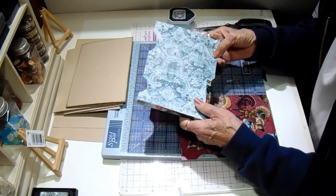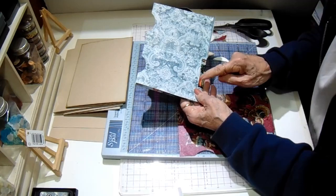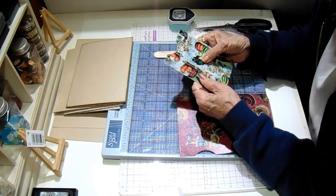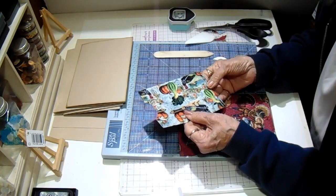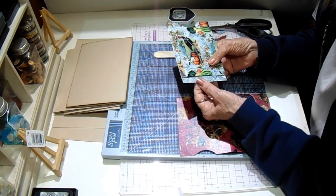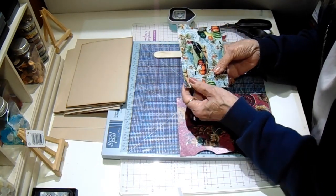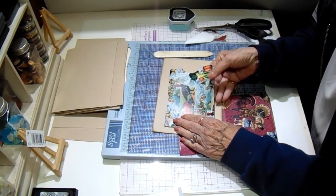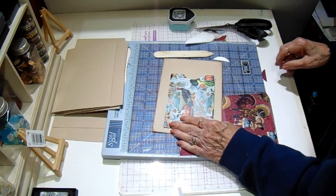Now when you close it up, you're going to have one on the inside and one on the outside. This one will be what attaches to your page. And what I'm going to do is bend it back, and it will attach on the back side of this page, and